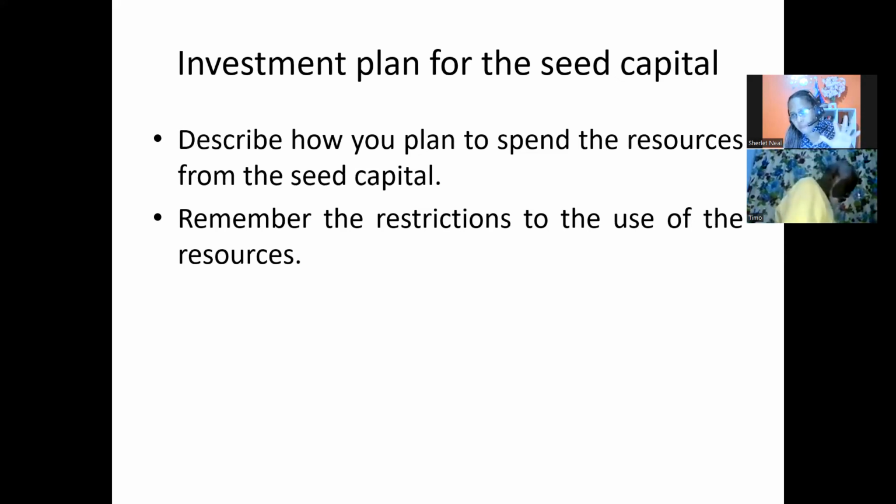Timelines. The timelines will influence the distribution of the funds to you if you are successful at the end of the project. All right? It will influence the distribution of the funds. So your investment plan has to have a timeline. Don't limit your investment plan to only the $10,000. It's okay for you to indicate what other investments you are making in the business.